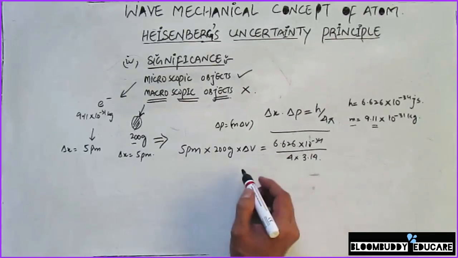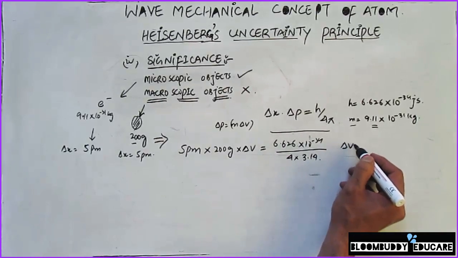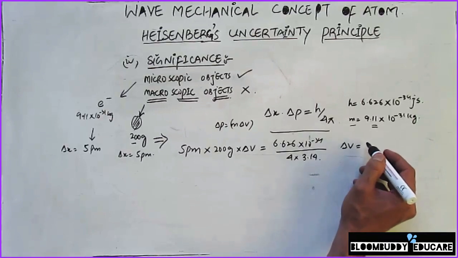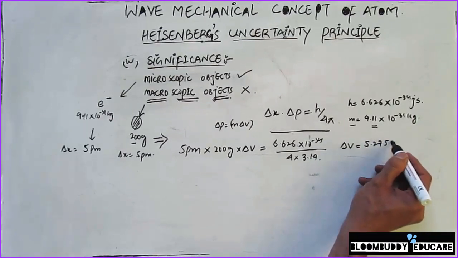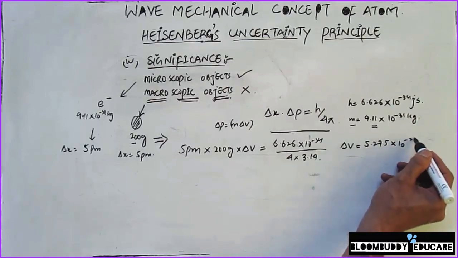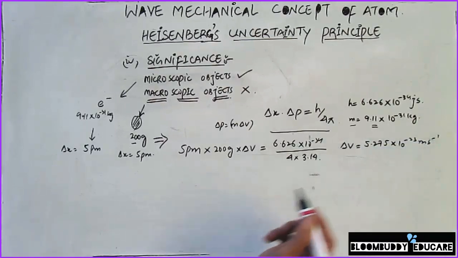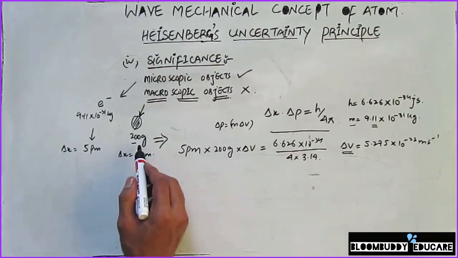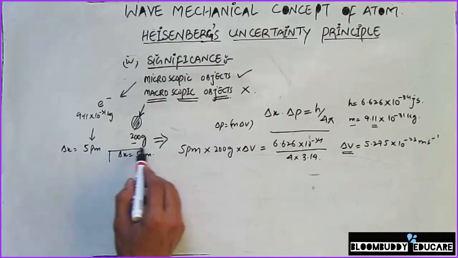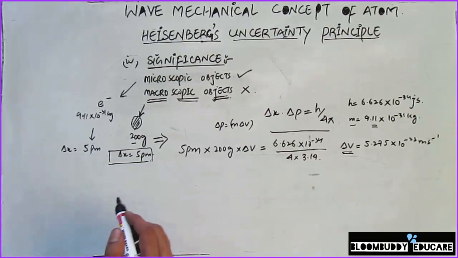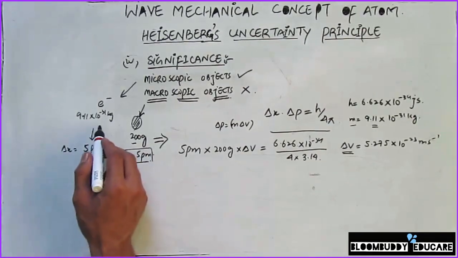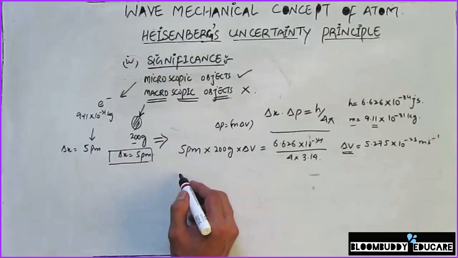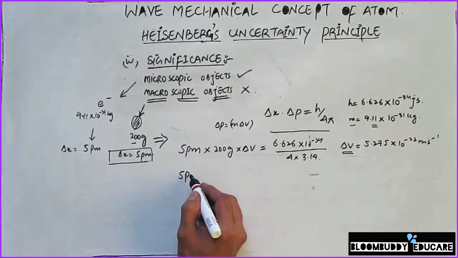Upon solving this equation, I'll get the value of delta v as approximately 5.275 into 10 to the power minus 23 meter per second. So this is the uncertainty in velocity for a 200 gram ball having an uncertainty in the position of 5 picometer. Now again calculating it for an electron, we'll consider the uncertainty in the position is the same,